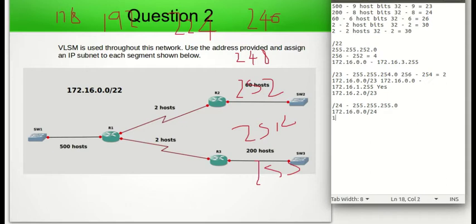172.16.0.0/24, 172.16.1.0/24, and then 172.16.2.0/24, 172.16.3.0/24, and 172.16.4.0/24. Now, of all of these, the viable subnets would be the first 4. So these are subnets that we could potentially assign to that segment. And out of these 4, the ones that we could actually assign to that segment would be one of these